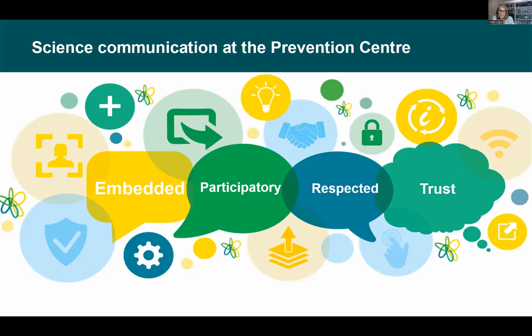As part of the Prevention Centre, we've set up the Collaboration for Enhanced Research Impact, of which Prevention of Falls Injuries CRE is a member. It's 11 CREs, all working in various aspects of prevention of chronic disease. The reason it's relevant to falls is that obviously physical activity is such an important part of falls prevention. What this collaboration does is share our resources on upskilling early career researchers and practitioners, and also share science communications capacities.